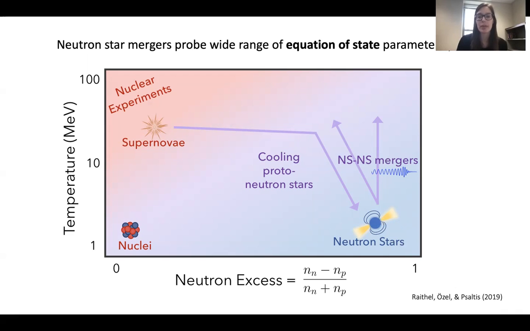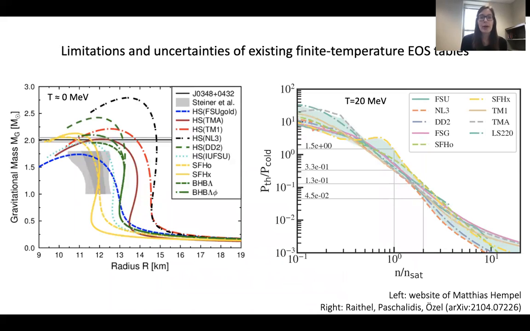And so when it comes to performing numerical simulations of a binary neutron star merger into this post-merger phase, we need really good equations of state that can describe matter not just at high densities, but also arbitrary proton fractions and high temperatures. One way in which this is typically treated, as we've heard in some of the last talks in simulations, is to employ a finite temperature composition dependent equation of state table. And there's a number of these that exist publicly available in the literature,